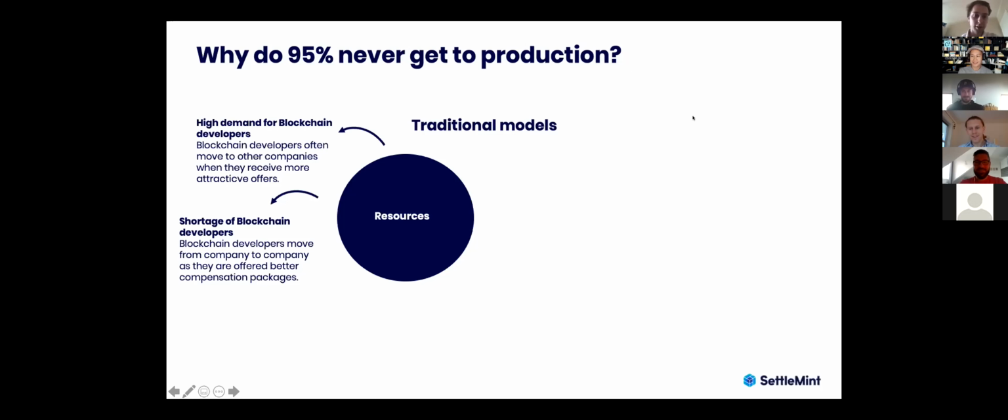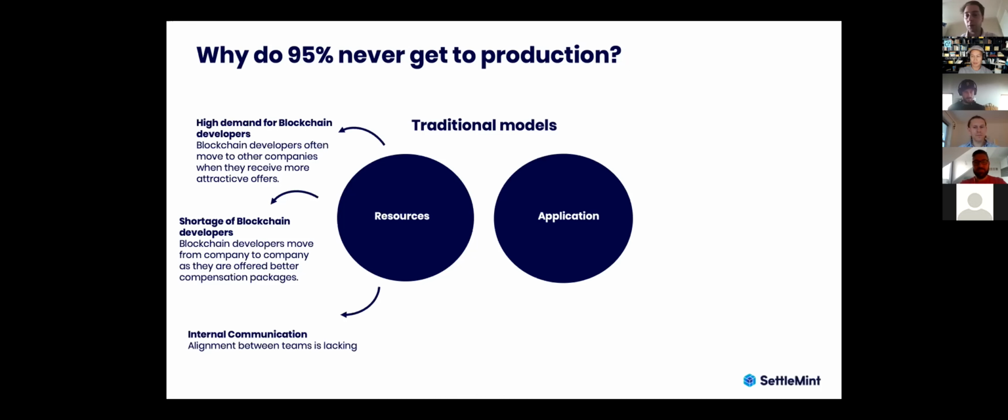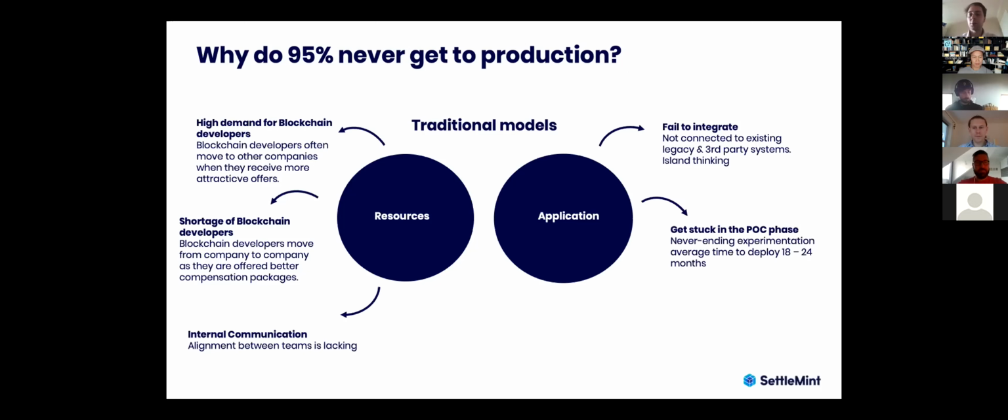Okay, great, thanks. So there's a shortage of developers, there's competition in the market, and there can also be challenges between companies since they have to work together to gain value from the technology. So there can be some communication issues as well. And then on the application side, there's often quite a large hurdle for different stakeholders in a blockchain network to integrate the applications with the underlying technology and their existing systems, which can cause them to be stuck in a proof of concept phase for quite a long time and draw out the life cycle of a blockchain